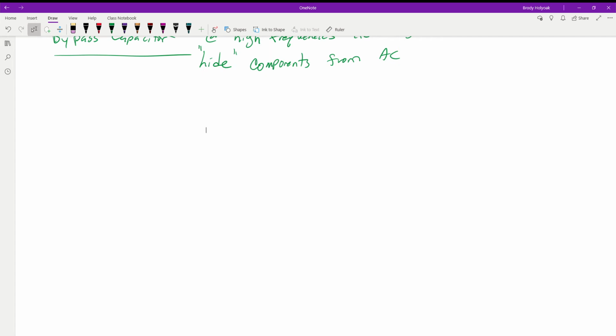So, the first circuit that we want to look at is just a very basic ACDC circuit. Now, we're going to go through and analyze the different components, and find out what is doing what at each component, at each level. And then the biggest thing we're looking for is what is our output doing? What voltage do we have? What's our DC voltage? What's our min and our max? What are the phase angles? That kind of stuff.